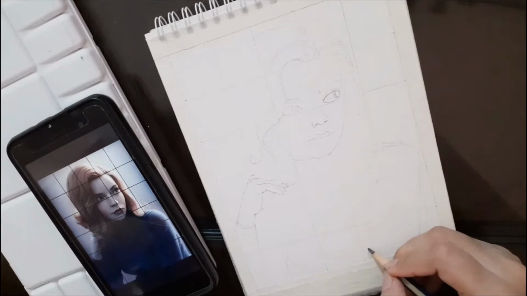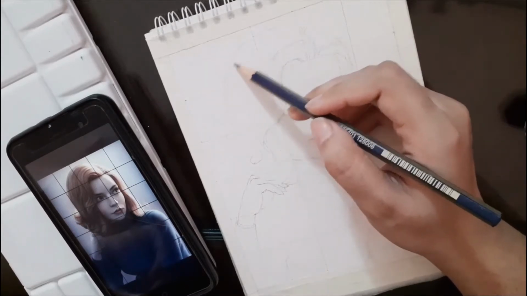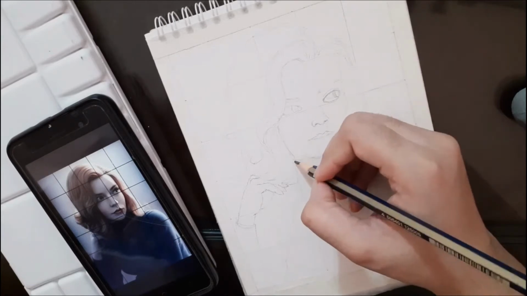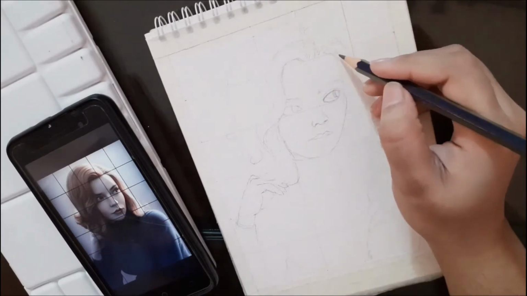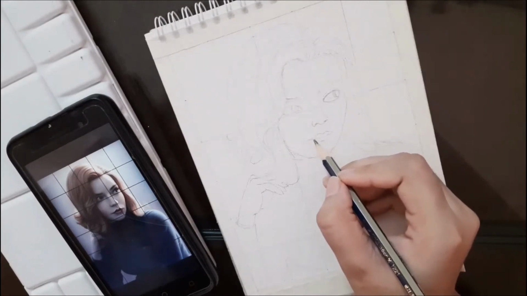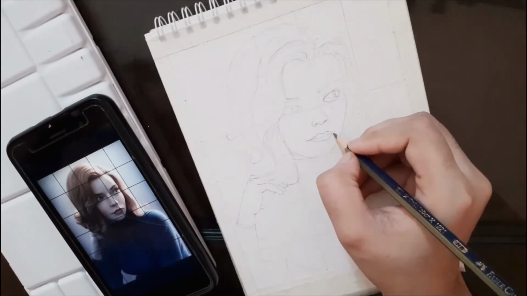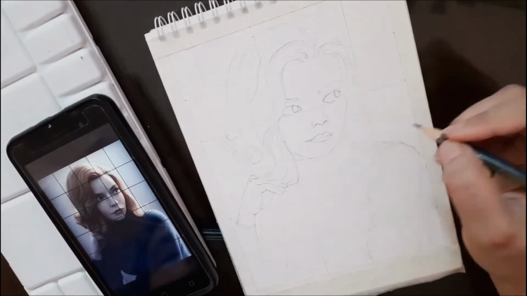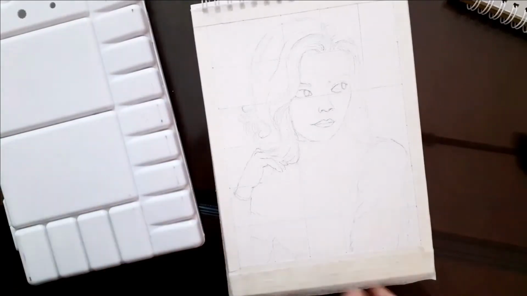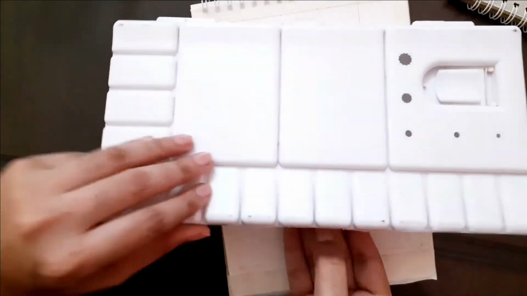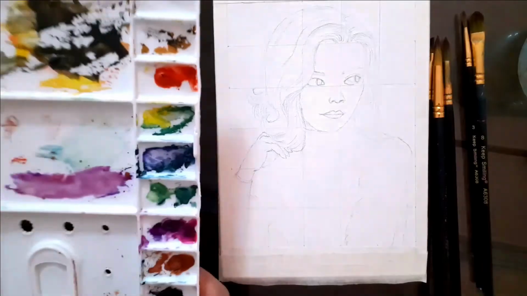If you press too hard while drawing the grid, the lines might show through the paint, even more so if you're painting with watercolors. As the watercolor paper damages very easily, you can see that I sketched the grid line very lightly, so I can erase it easily without damaging the paper too much. And my sketch is also very light, so if I make any mistakes, I can easily correct them without damaging the paper. Now the painting process.